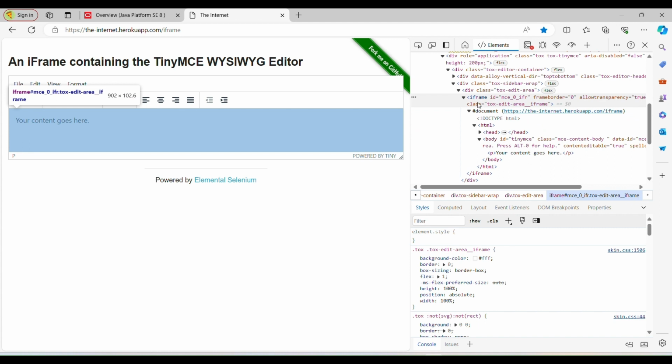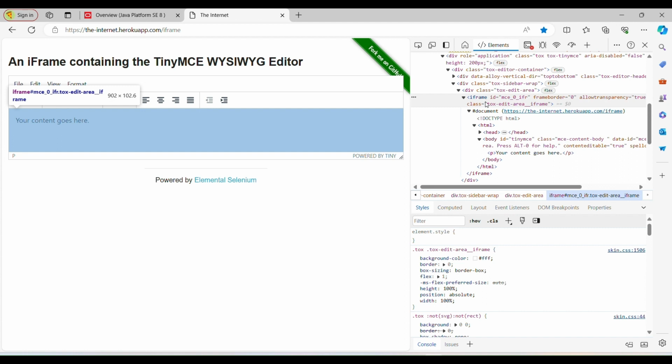When I click on this frame, the whole blue portion is selected, so this is coming under the frame, right? You can type any value inside this body, and this body is coming under the frame tag.